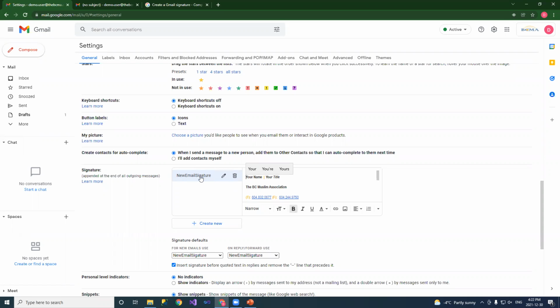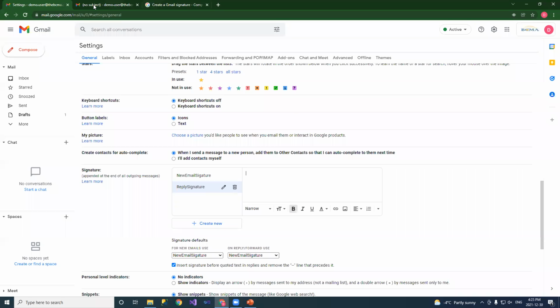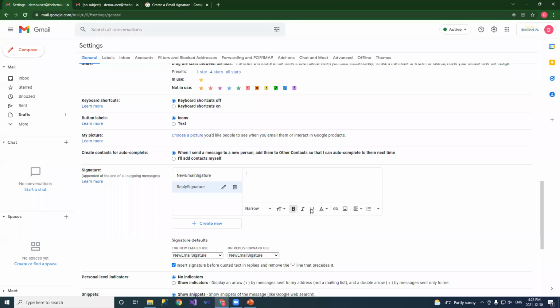Right now the reply and forward is the same signature, but let's say we want a different signature for the reply. So we say create new, and this time I say reply signature, just to make it stand out a little bit, and then say create. I go back here and copy all of this,